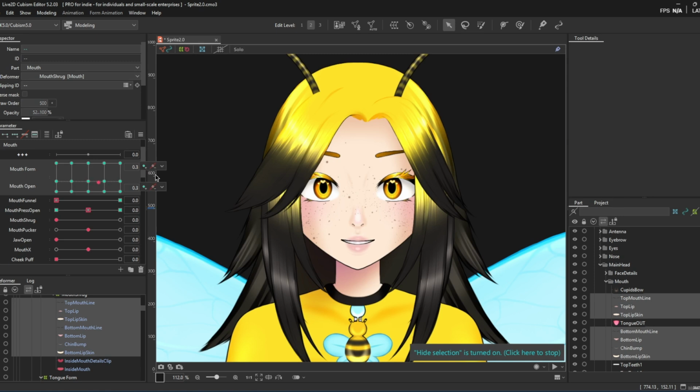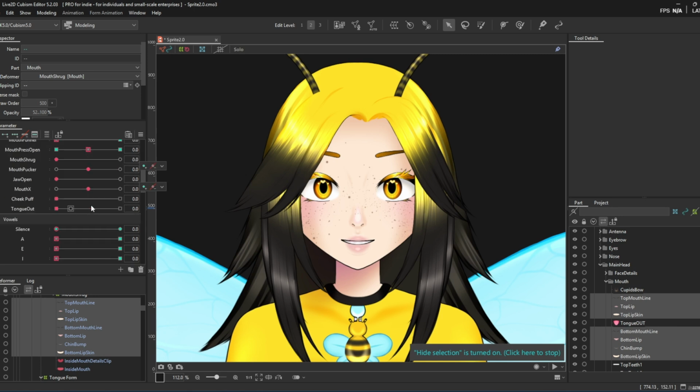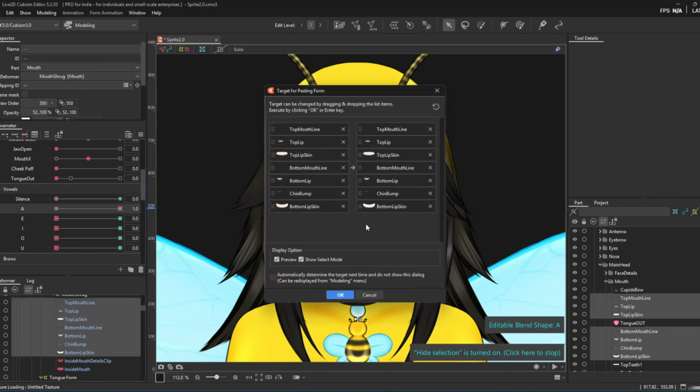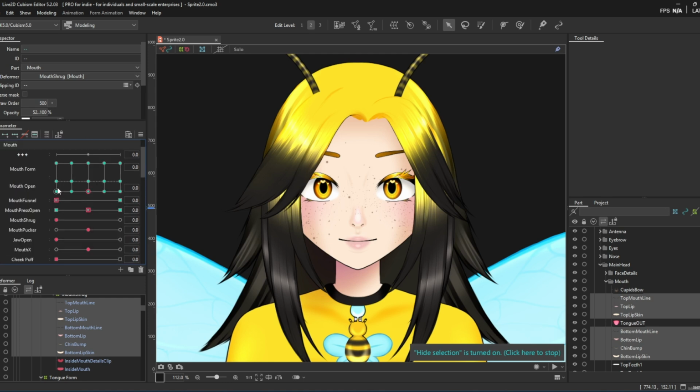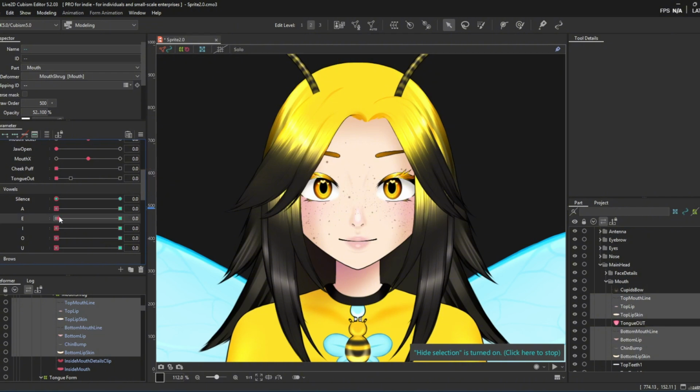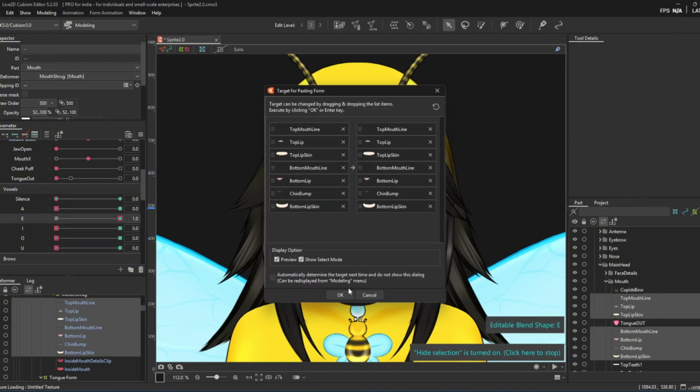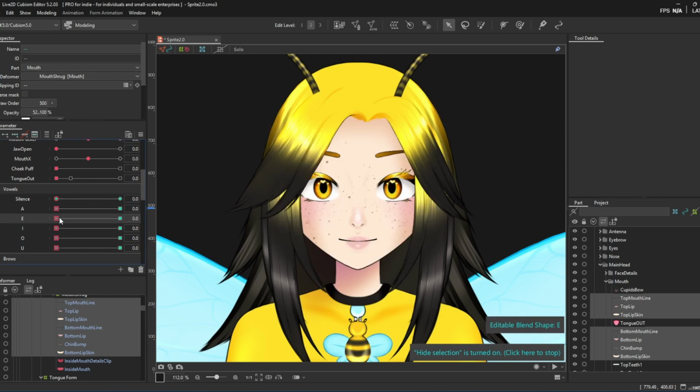So I'm going to link what I feel is the best movement for A. Having all of these selected, you're going to do Control Shift C, and then when you go all the way up to A, you'll Control Shift V, and it will link it through. We're going to repeat that process for the rest of the vowels. So when I find the mouth movement that I like for E, we're going to go all the way up, Control Shift V, there you go, and go back. And as you can see, it's copying those